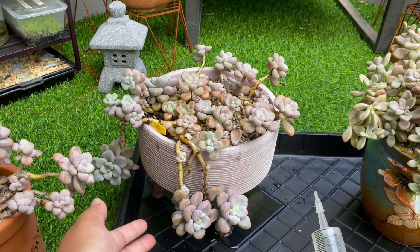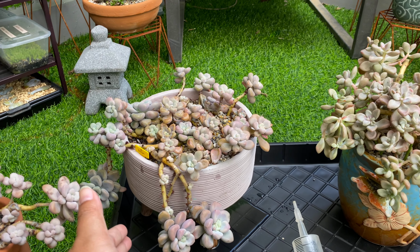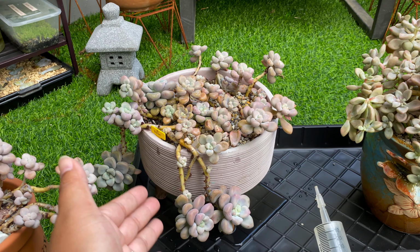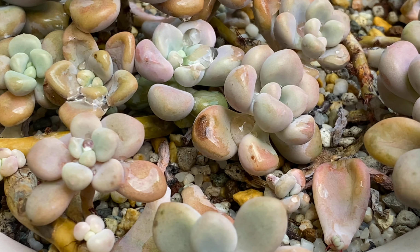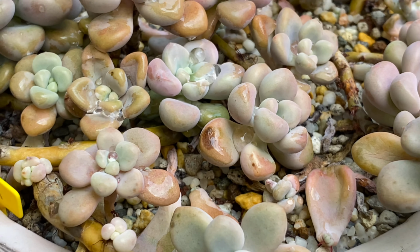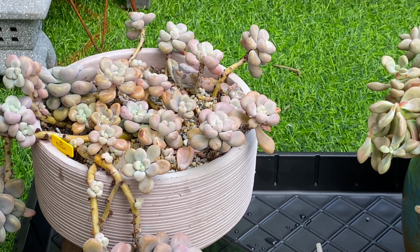This one, on the other hand, is open to the elements, so it's getting full sun and rain. But I will have to move her. Actually, today I'll be moving her to a different spot because she is already showing signs of sunburn. So this is a big no-no for them, because Ellens can still burn even if they are sun tolerant or